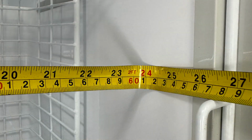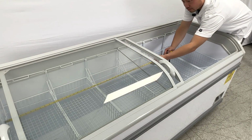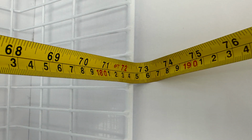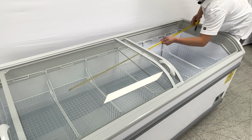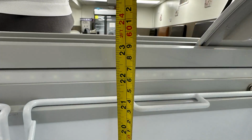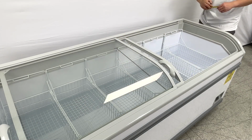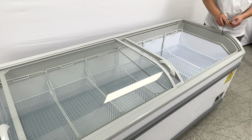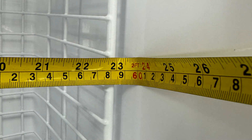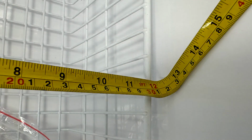The unit's inner set will be 2 feet wide, and the overall length will be 73 inches. And the depth will be 22.5 inches. And the baskets, 23 inches by 12 inches,